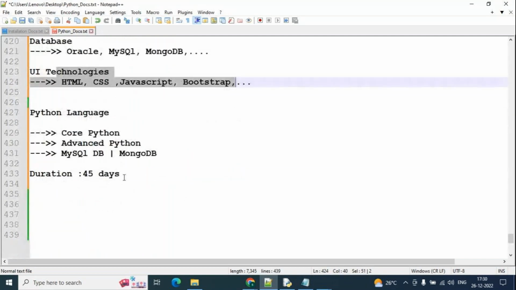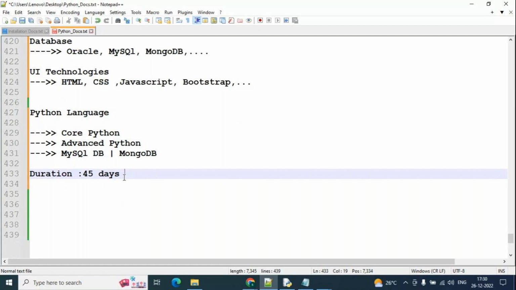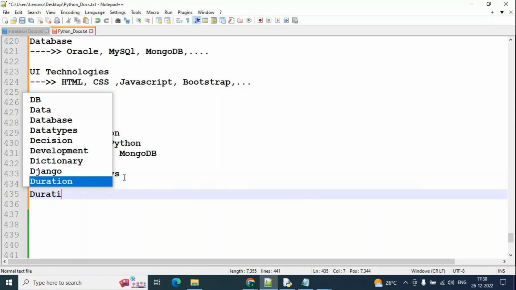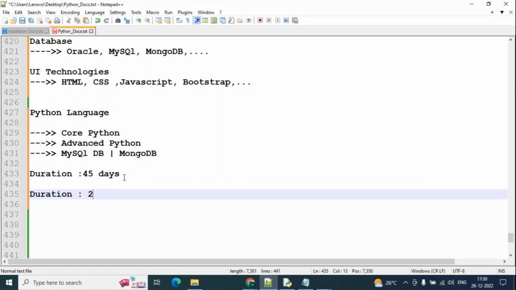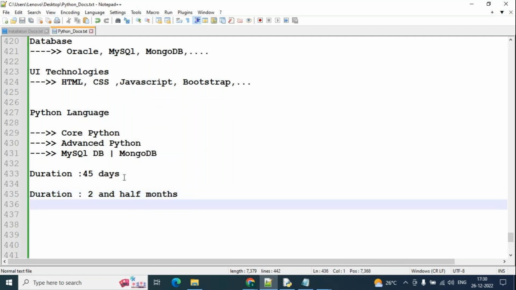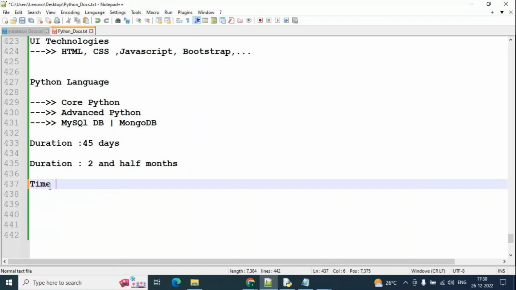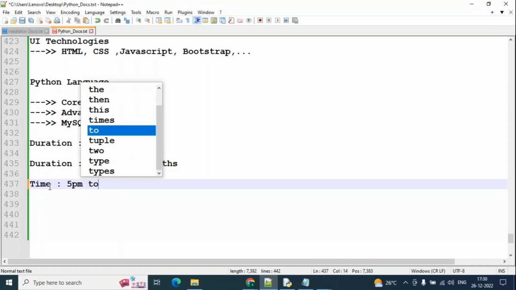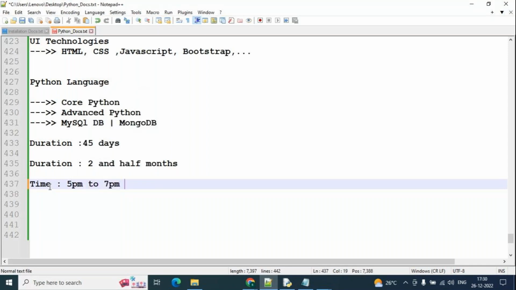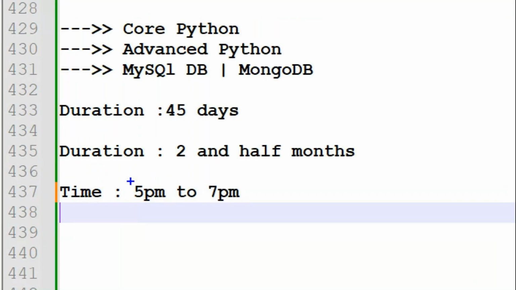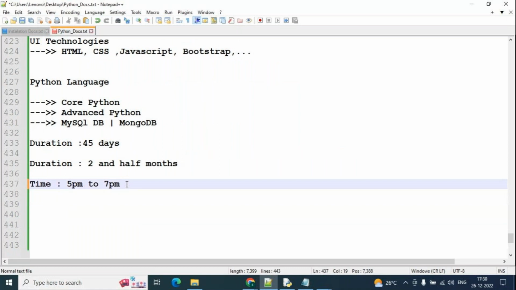So total full stack development takes a duration of 2.5 months, guys. Okay, 2.5 months. Every day we are taking 2 hours, from 5 p.m. to 7 p.m. Every day we spend 2 hours of time, and after completing each class,